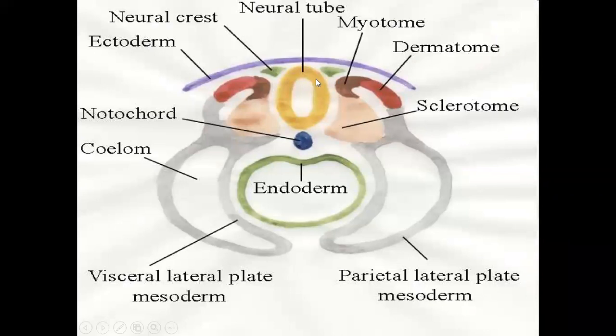Now you see that this is the neural tube, this is the notochord. The sclerotome will surround both these structures, because as we discussed in the beginning, the neural tube will form the spinal cord in the vertebral column, and the sclerotome which covers this will form the arch of the vertebra. While the notochord, if you remember from the third week, we also discussed, will form only the nucleus pulposus.